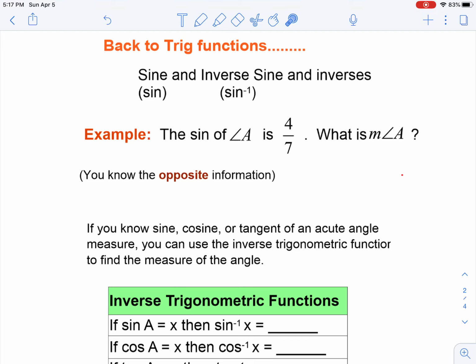The sine of angle A is 4/7. What is the measure of angle A? So if I were to write this out as an equation, I would have sine of A equals 4/7. So if we wanted to find the measure of angle A, we would want to do the opposite of the sine, or the inverse sine. So if we take the inverse sine of both sides,